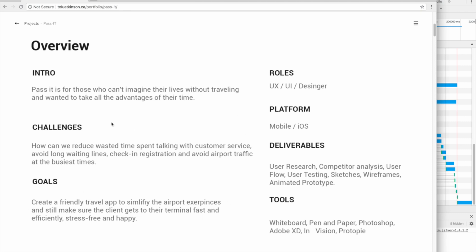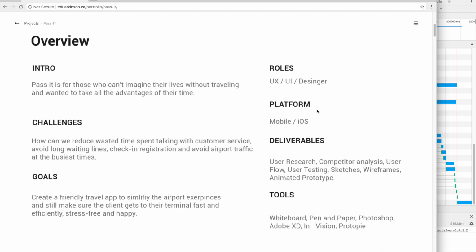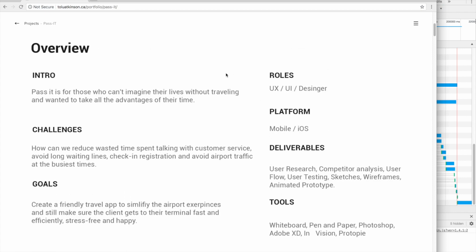Cool, so I'm getting a picture of what this project is and what you did. It looks like you designed some kind of mobile app to reduce wasted time spent talking to customer service. Given that that's the summary, I think a better way to summarize this project is to talk about what it is that you did in this project, what the outcome was, and how that outcome translates into helping the client. So instead of introducing this project as someone who can't imagine their lives without traveling, that's far less concrete than